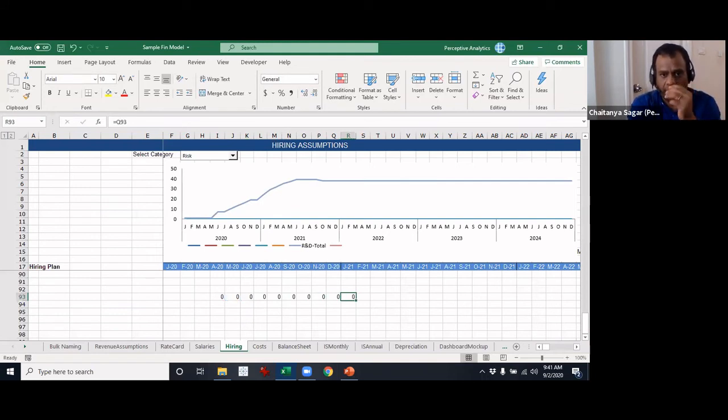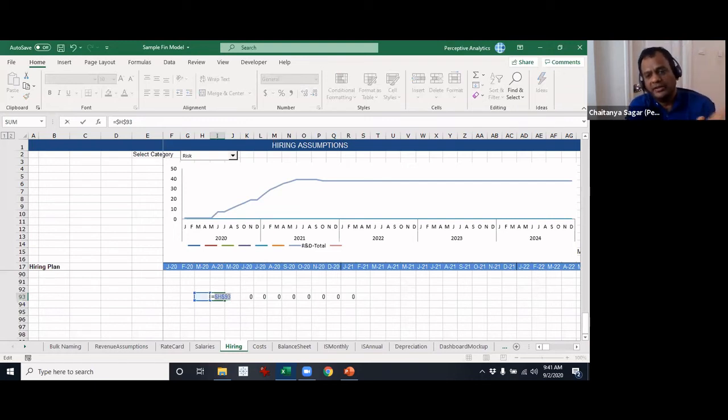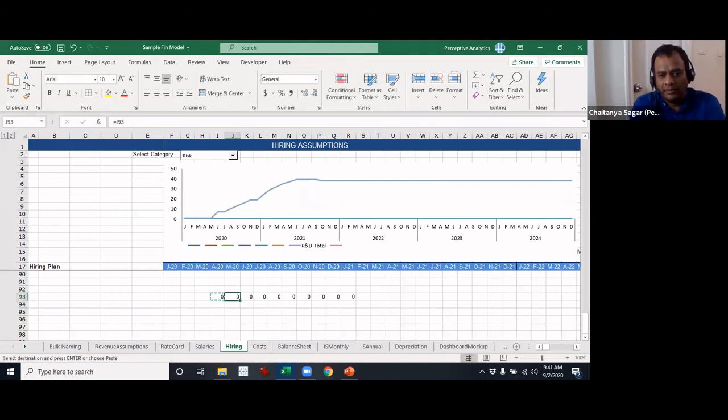There is one other functionality here. You hit F2, you get the formula, right? And then you hit F4. F4 is basically for anchoring it, that is $H and $93. If you anchor that, then even if you copy paste, it will remain the same. So for example, when I copy paste this one, everything now refers to H93 and not a sliding kind of formula. Got it? Yes. Okay.